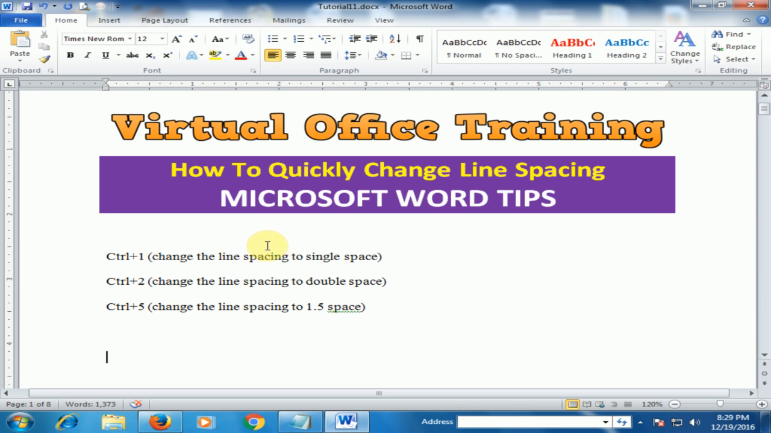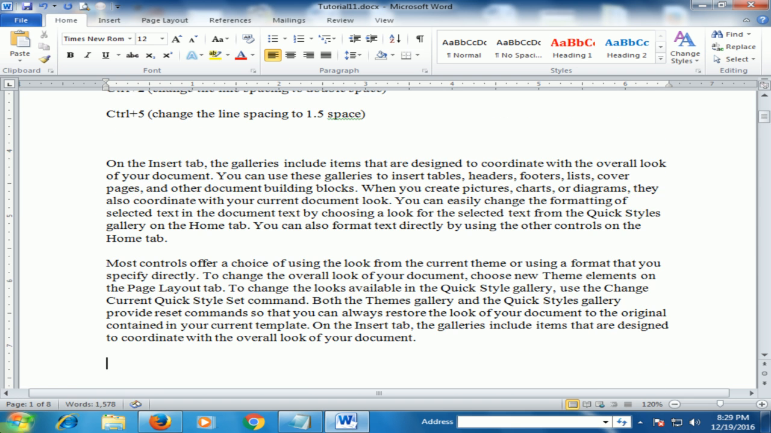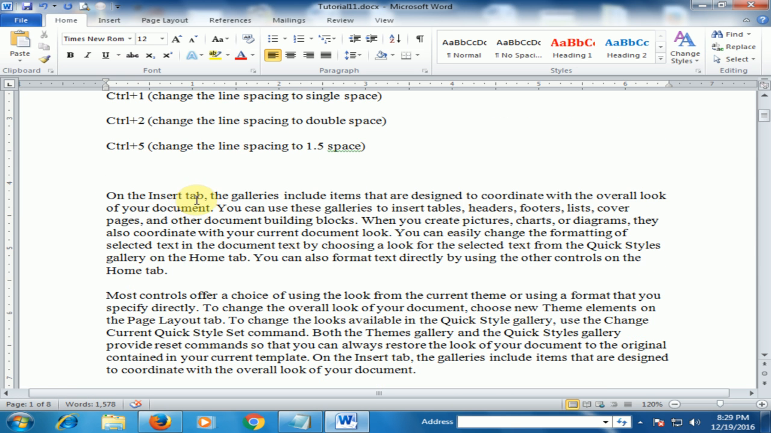Today we will learn how to quickly change the line spacing in Microsoft Word. I just typed the paragraph by RAND function. RAND. I need 2 paragraphs and 5 lines. Press enter. Here are 2 paragraphs and I want to